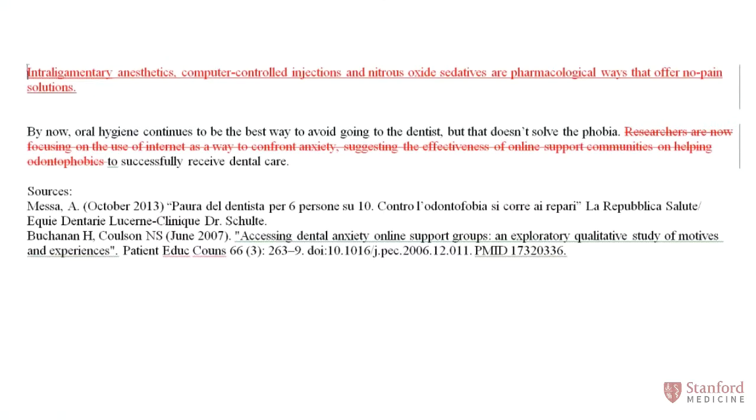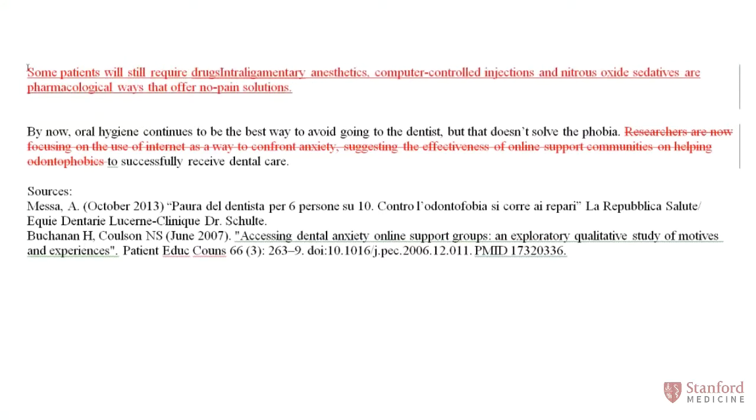So I think we do have to mention the drug therapies because probably some patients have to have drugs to do this. So maybe, even in addition to some of these great, simple, low-cost interventions, some patients are still going to need traditional drug therapy. Some patients will still require drugs to manage anxiety or pain. And then those drugs would include